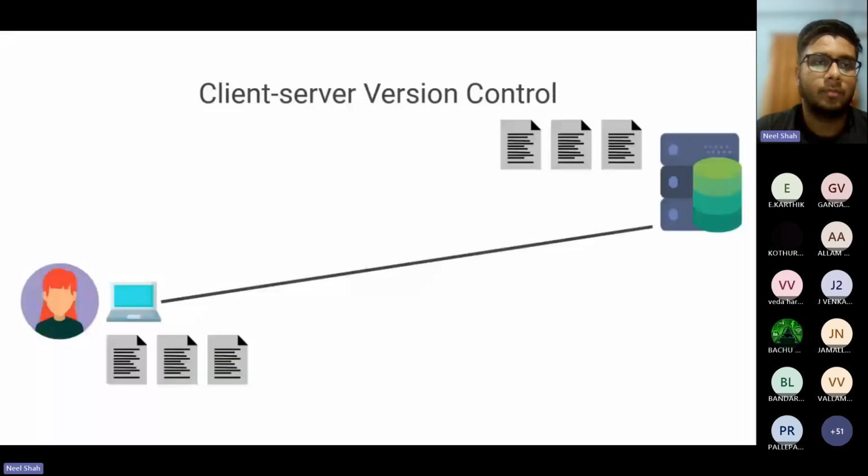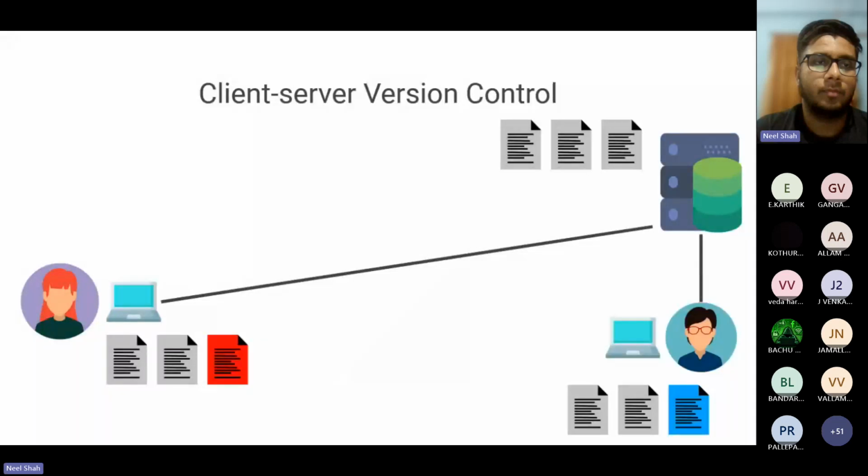Let's take a girl called Mary who is trying to pull the file in the version control, and Tom is also trying to work on the version control. Tom has uploaded the file, but Mary hasn't pulled the file. Then what will happen is a conflict. See, it's a blue color and a red color.